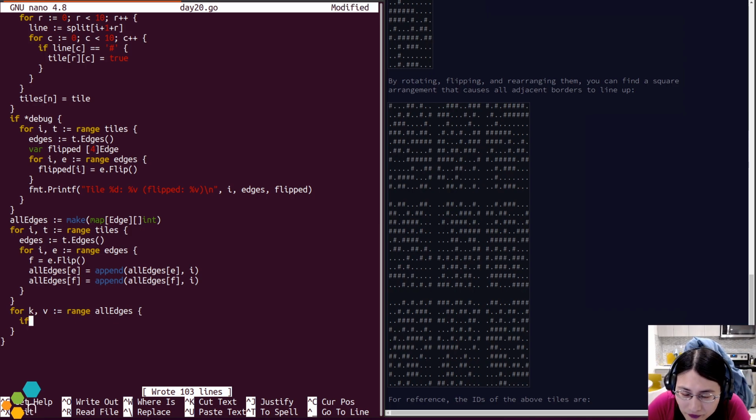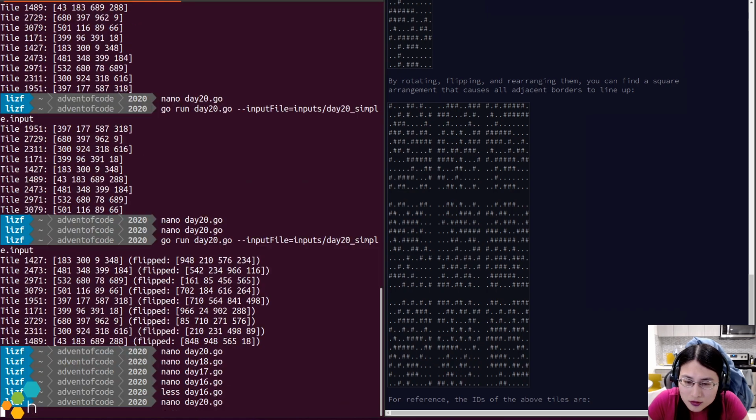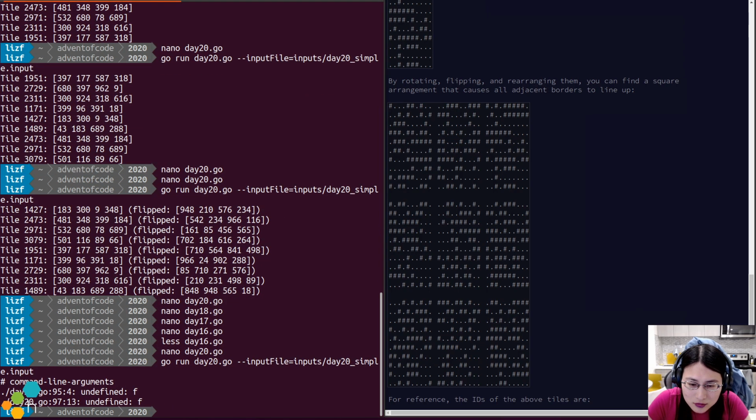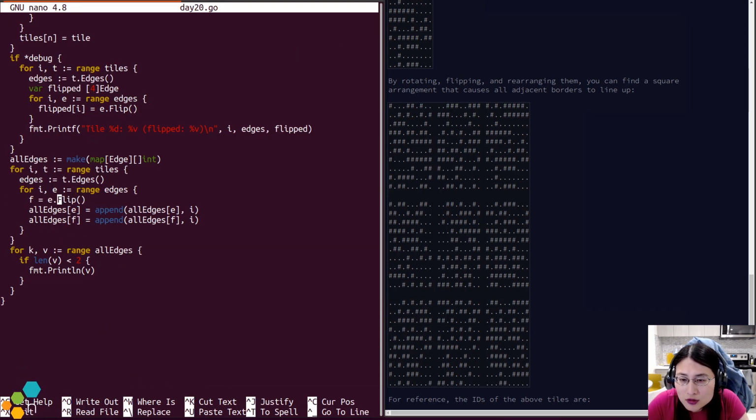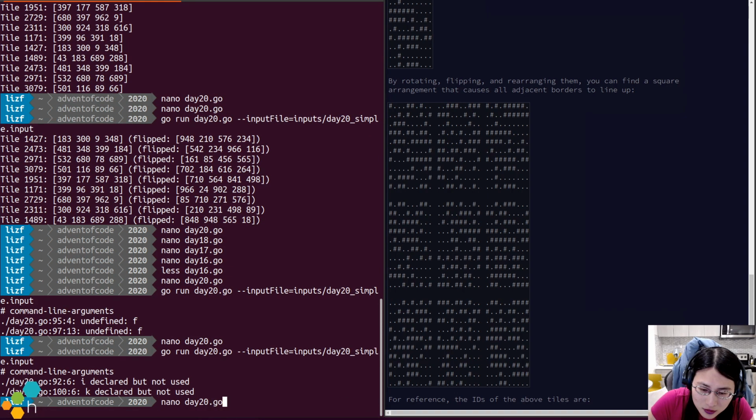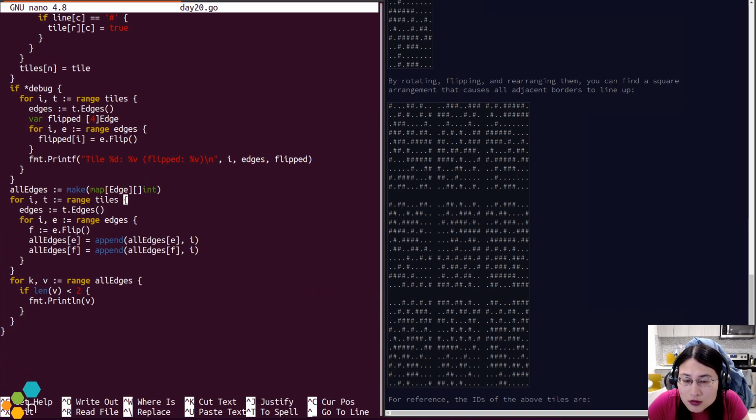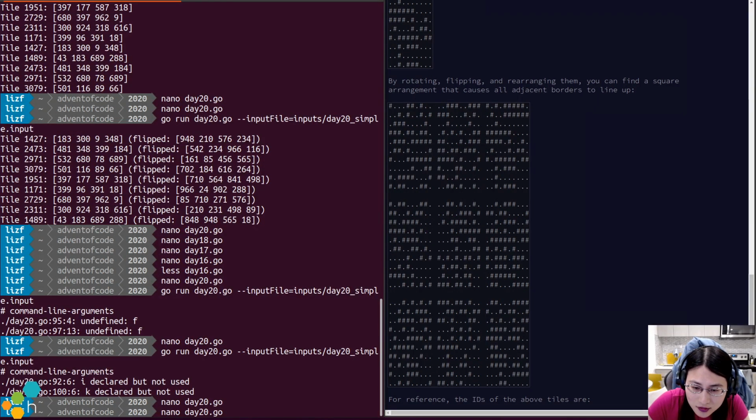So each edge type, let's see. Okay. Where is this not used?